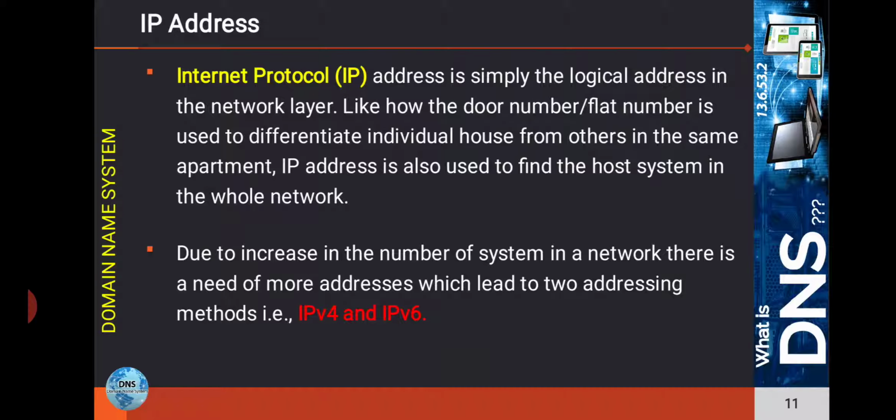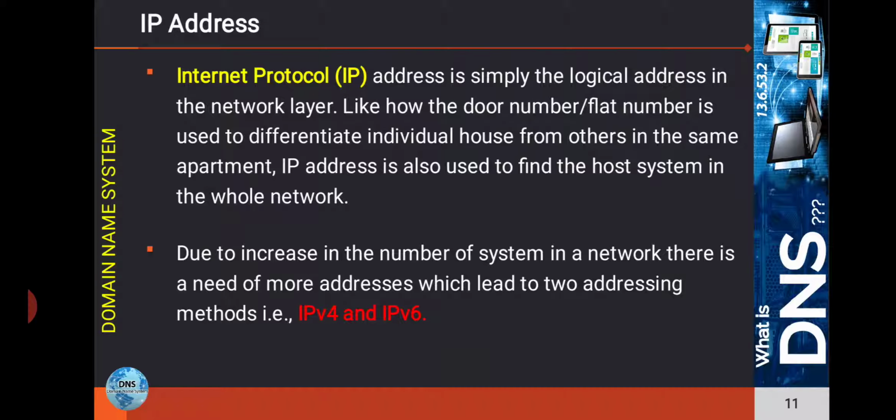So they're having one street. In the same street they have different houses, and each house has a separate door number, right? So what is the use of the door number? To identify a particular house, we use the door number or flat number. Otherwise, if you want to send a letter to a particular house and I write only the street name, it will confuse, right? So each and every house has a house name or flat number to identify the separate house. In the same way, the IP address works.